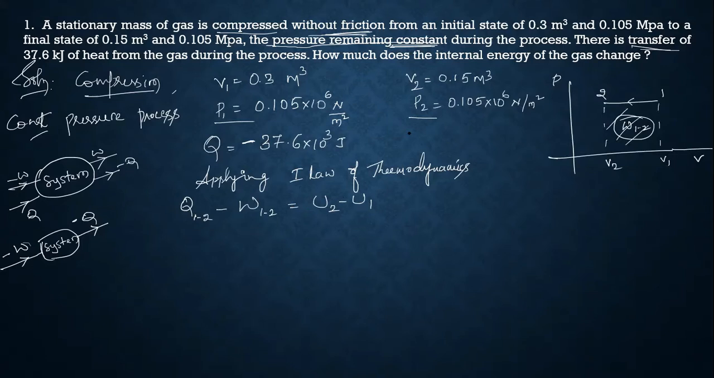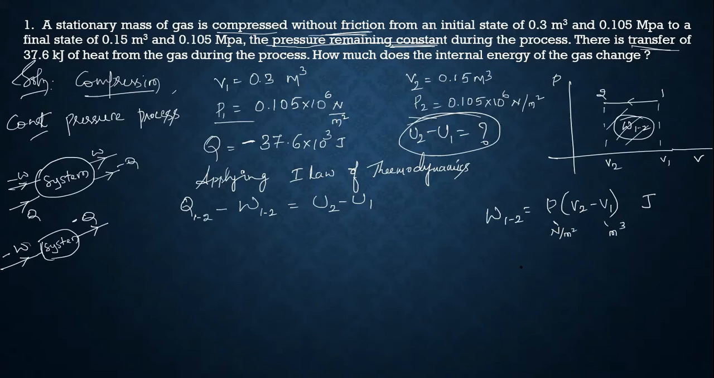Q is known, W we need to find. So we have to calculate the internal energy, U2 minus U1. Therefore, W for a constant pressure process, W1 to 2, is P times (V2 minus V1). You get the answer in joules when you substitute pressure in Newton per meter square and volume in meter cube. Pressure is constant, 0.105 into 10 to the power of 6. Volume V2 is 0.15 and V1 is 0.3. Therefore, W1 to 2 should be negative. Why? Because it is a compression process. Therefore, minus